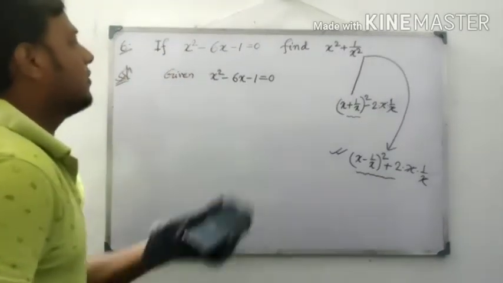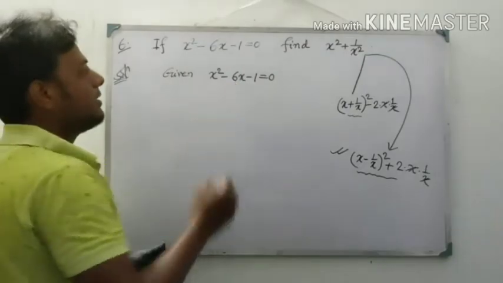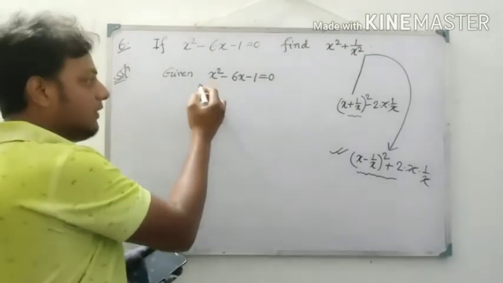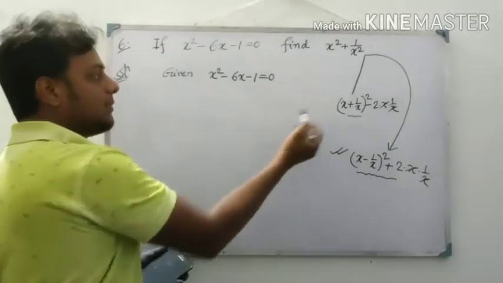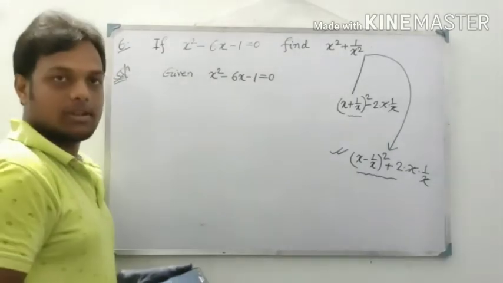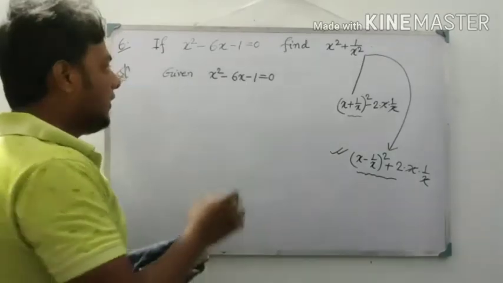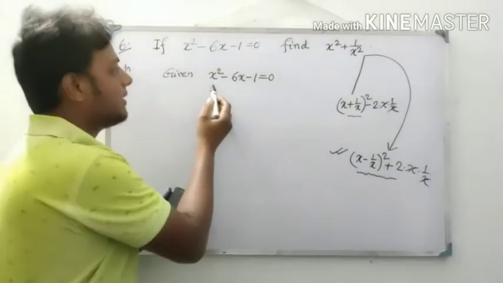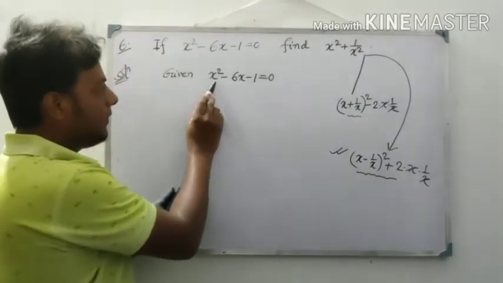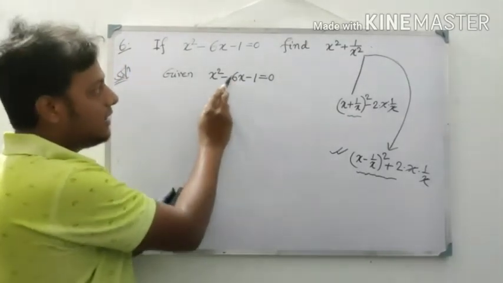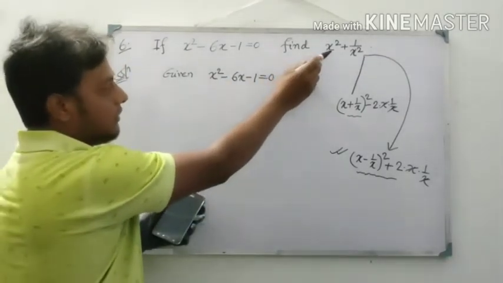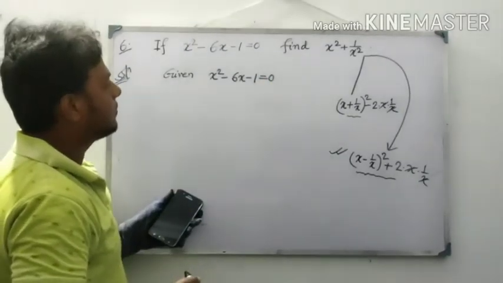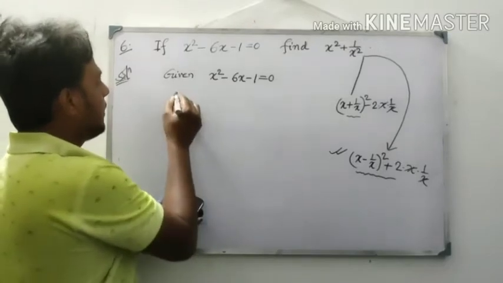Okay. But given is x square minus 6x minus 1 equals to 0. So first we have to derive from the given the value of x plus 1 by x or x minus 1 by x. Is it clear? If we can find out the value of x plus 1 by x or x minus 1 by x from this given, then easily we can compute the value of x square plus 1 by x square. Okay, how can we calculate? Okay, see,